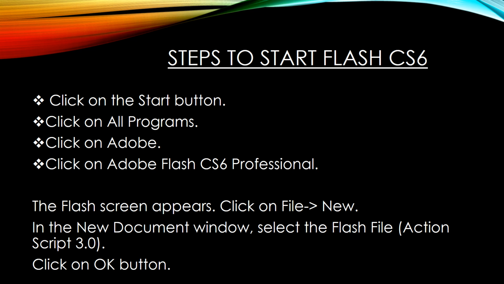From there, you have to select the New option from the File menu. After selecting the New option, the New Document window will appear on the screen, from which we have to select the Flash file ActionScript 3.0. After selecting the Flash file, click on the OK button.